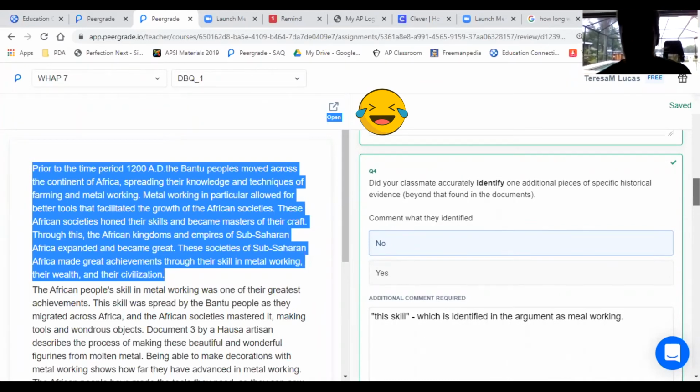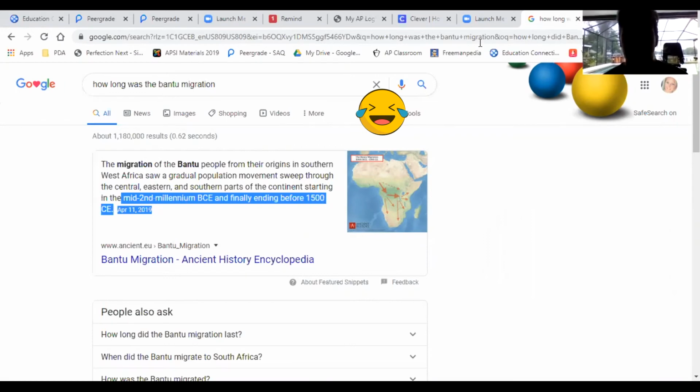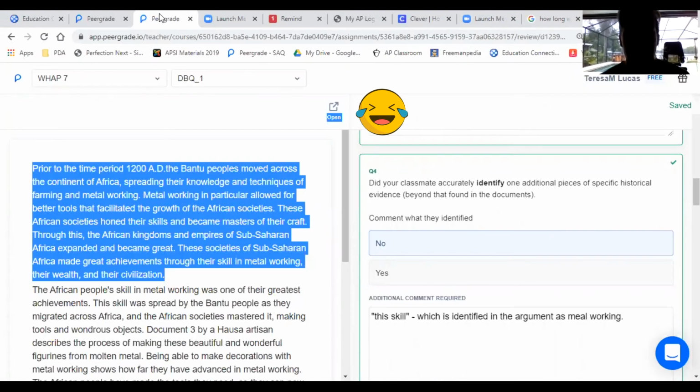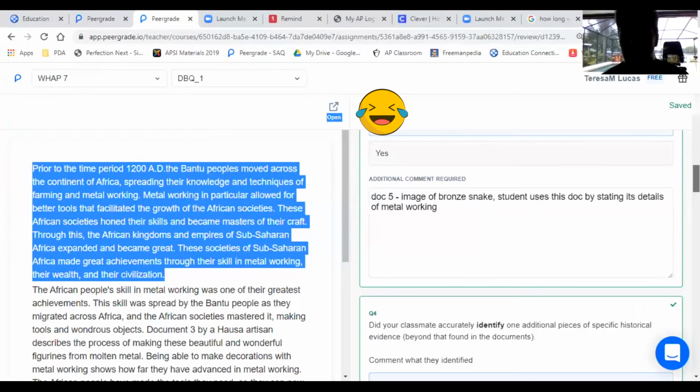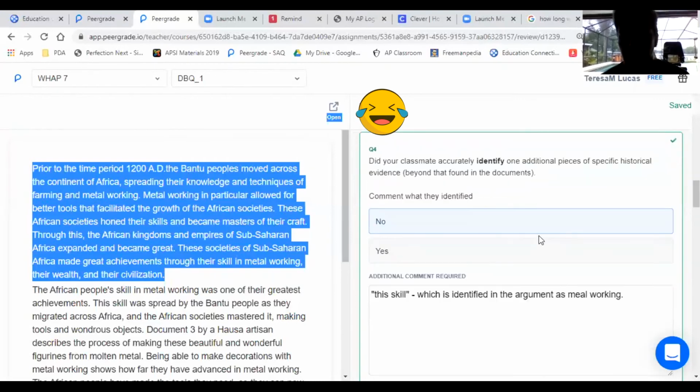But one thing I wanted to do is kind of show you with that evidence beyond the document, to fact check. So I put in here about how long was the Bantu migration, just so you see that it started in BCE and ended before 1500. So it's within our time period, which is 1200 to 1450, perfectly. So I'm going to adjust my grading here a bit with that evidence beyond. That's the other document. So we had a no. So yes, I'm going to put